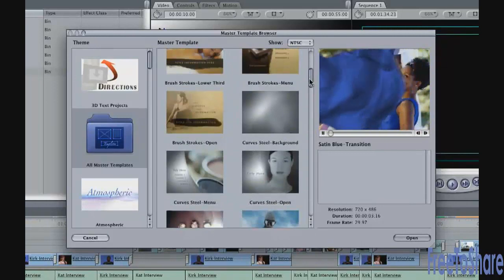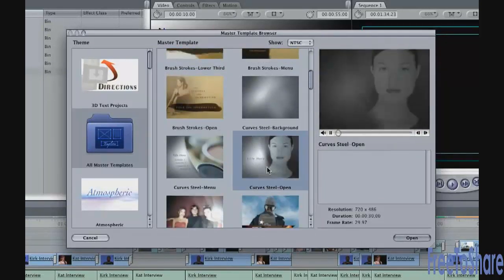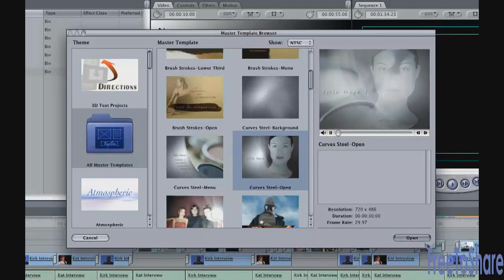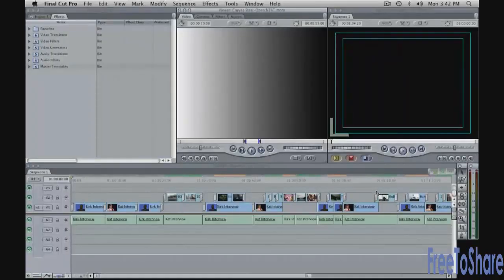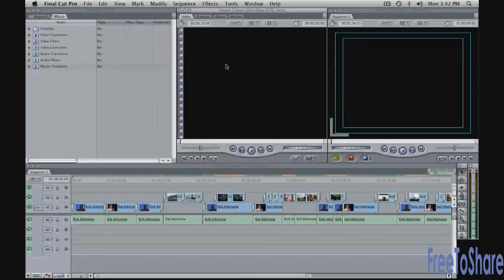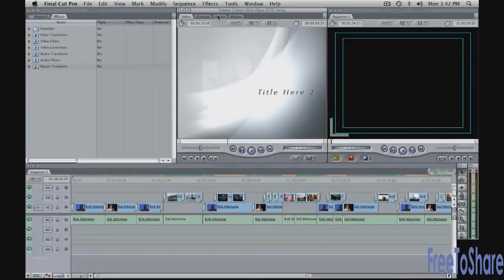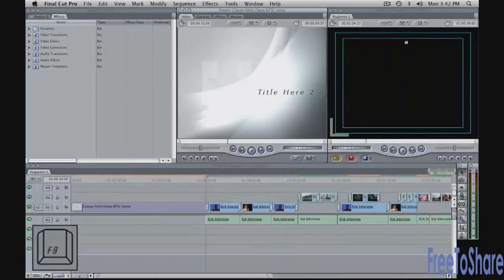I'm going to select the Curves Open here, Curves Steel Open. I'm going to use this as my motion template. Click on Open, and it loads it into the viewer here. And we have to edit it into the timeline. Just like any other clip, we can insert this into the timeline. I want to insert it at the beginning of the sequence, drag it to Insert or F9, and it edits